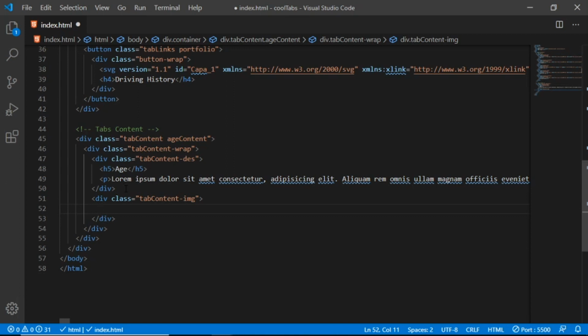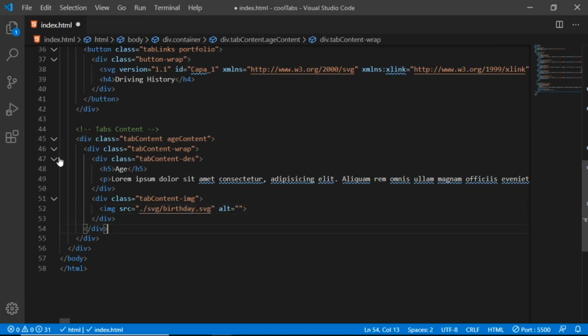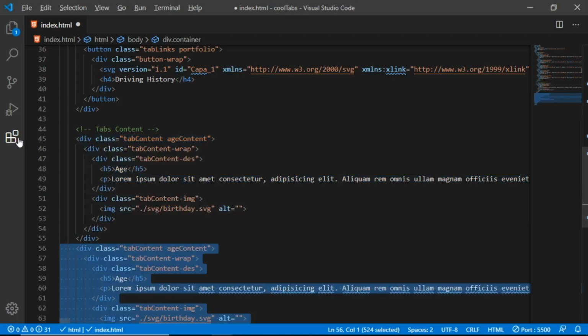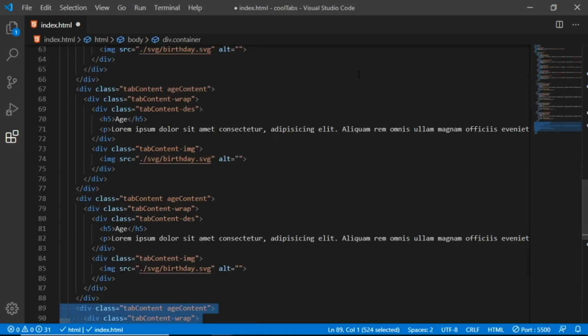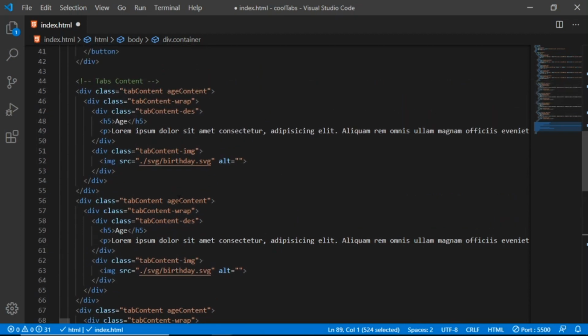You can put your SVG in here, but I like to just use the image tag, and just look for SVG, and it should be birthday.svg. Let's copy everything in here, and just Alt Shift arrow down, 2, 3, 4, 5, and we are going to just change this egg